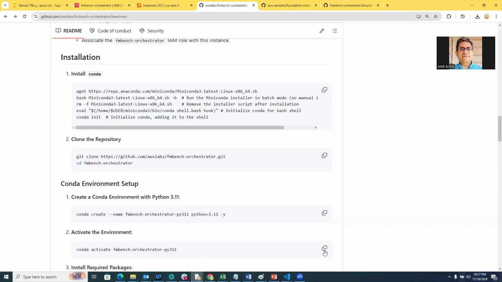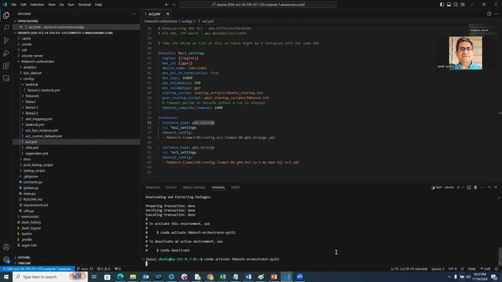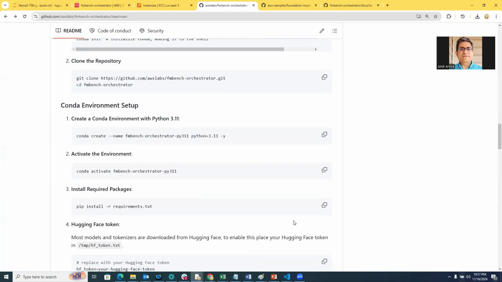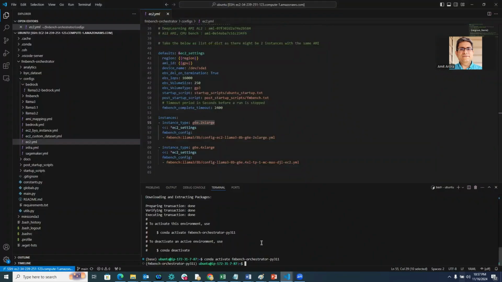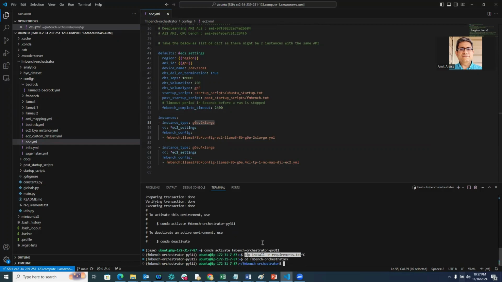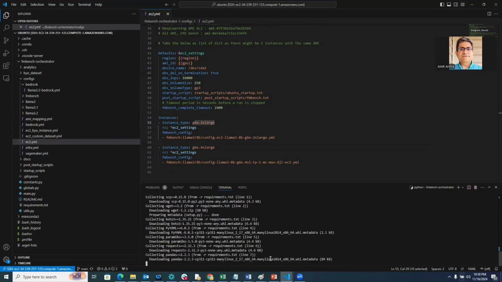So the Conda environment is installed. We'll activate the Conda environment now. Okay, there you go. And then two steps are remaining. We have to install the packages that are needed by the orchestrator. So, CD into this. I'll pip install the packages needed by the orchestrator. And once that is done,